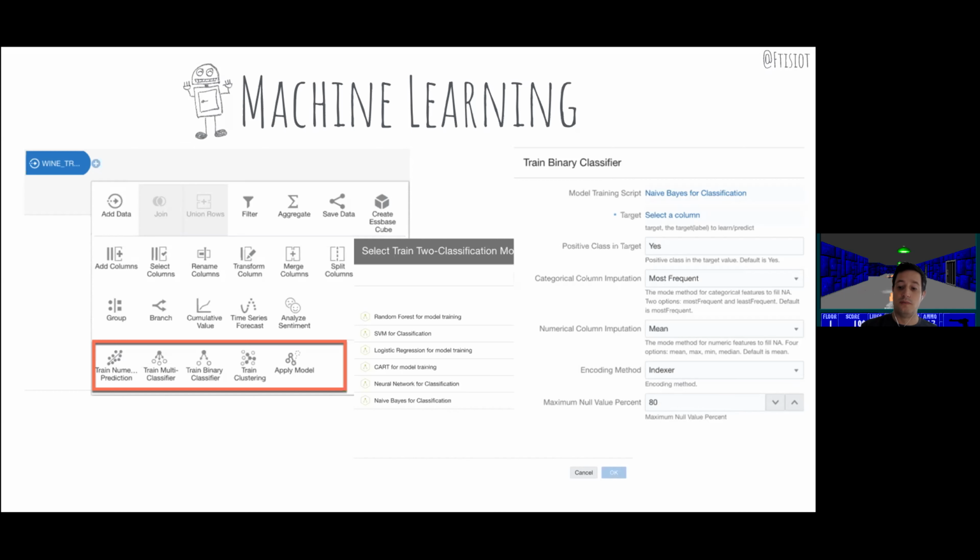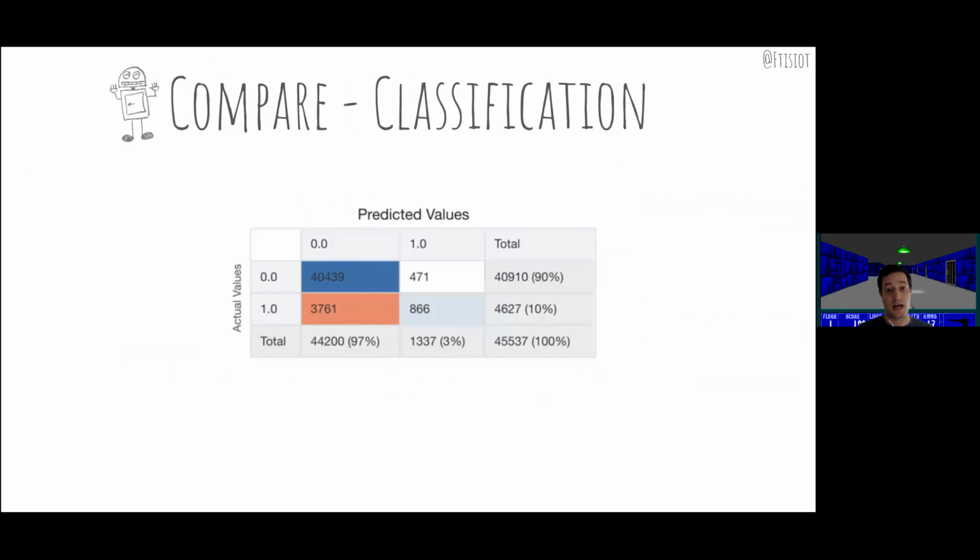You create the model, but then the following step is to evaluate the model. Again, OAC and OAS do a really good job because they provide you all the details about how the model is behaving. In the case of classification, it will provide the confusion matrix. So it will tell you the amount of matching predictions and the amount of not matching predictions based on a test dataset.